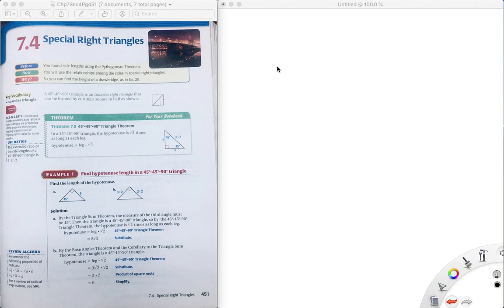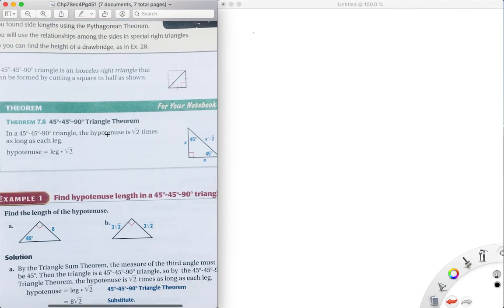For certain right triangles, you don't necessarily have to use the Pythagorean theorem. You can use another equation, depending on whether the right triangle meets certain conditions. One condition is a 30-60-90 triangle, or a 45-45-90 triangle. So the first theorem that we have is that if we have a